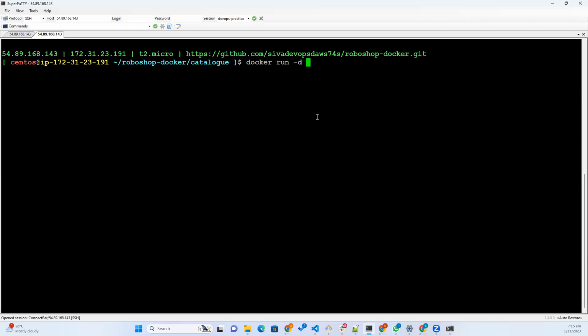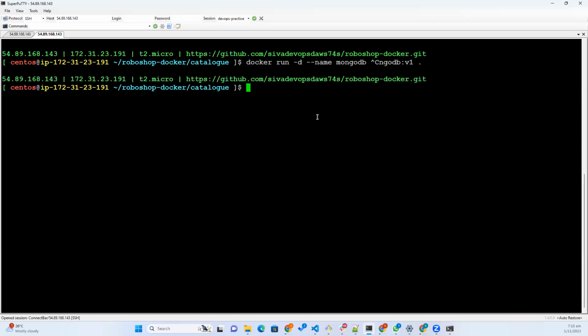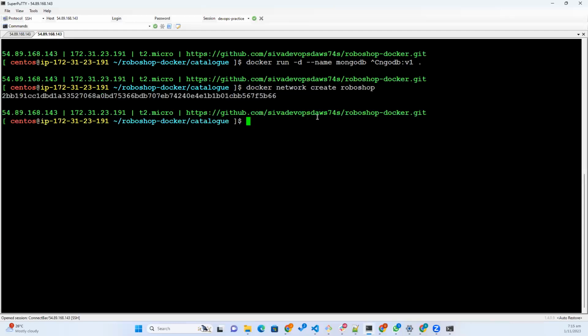So docker run -t --name. First I'm running MongoDB. I don't need -p because I'm not exposing this to the internet. MongoDB:v1. Yesterday we discussed networks also, so before that, create a Docker network: docker network create roboshop. Okay, the network is created, and then